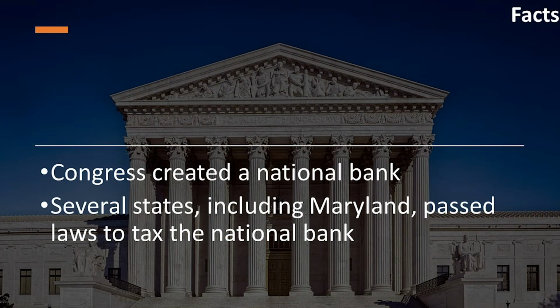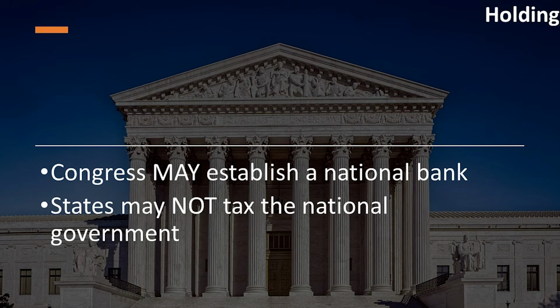Additionally, several states, including Maryland, issued a tax against the branches of the national bank within their state. McCulloch was just the dude that worked at the bank and he refused to pay that tax. So the court has to answer two questions. One, can Congress create a national bank? And two, can states tax the national government? In a unanimous decision, the Supreme Court held that yes, Congress can create a national bank, and no, states cannot tax the national government. This was a huge victory for national government and a tremendous defeat for supporters of states'